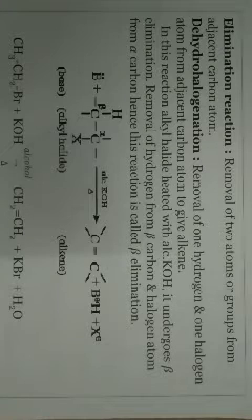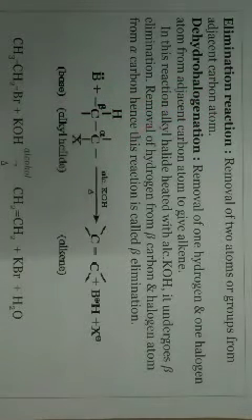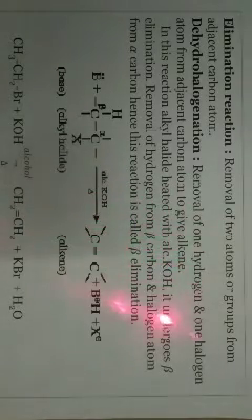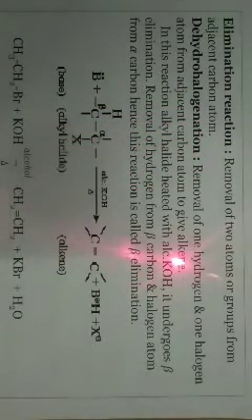So students, after SN1 and SN2 mechanism, now we'll see about the elimination reactions of haloalkanes. Elimination reaction is the reaction in which the removal of two atoms or groups of atoms from the adjacent carbon atoms takes place. In the elimination reaction, mainly we are going to see about dehydrohalogenation. Dehydrohalogenation is the removal of one hydrogen and one halogen from the adjacent carbon atoms to give us the alkene,